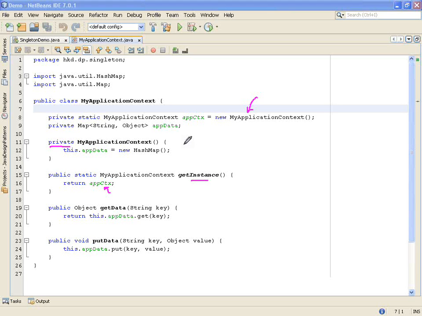So this is a very simple implementation. Now can you tell me what will happen if this is a heavy operation? I mean to say your application needs to be loaded faster, whereas my application context is somehow a costly object.